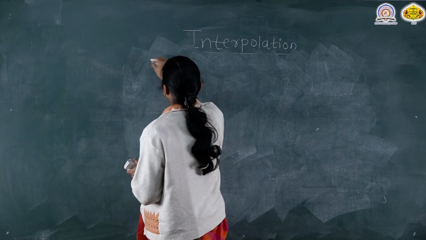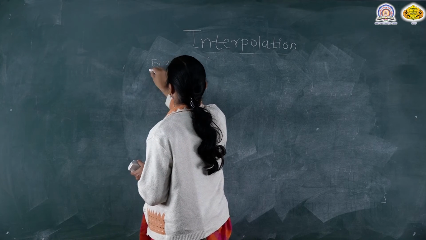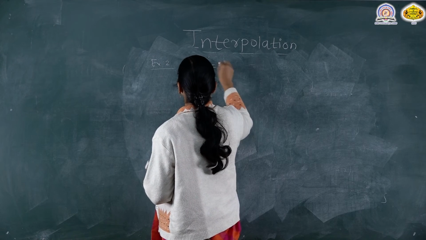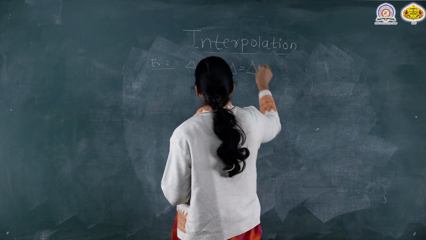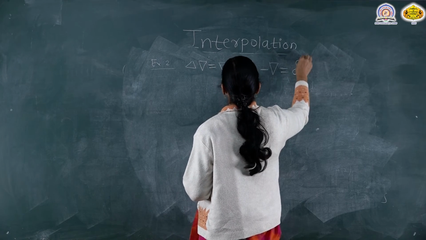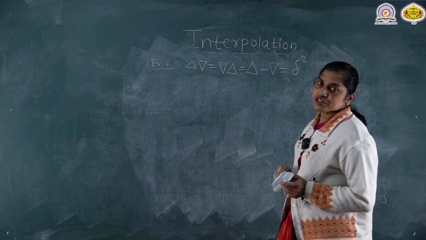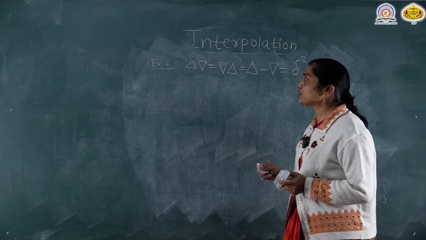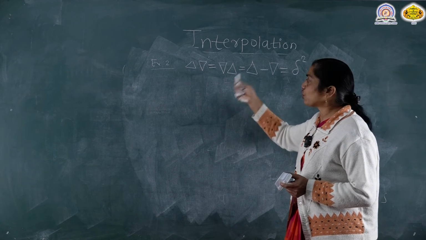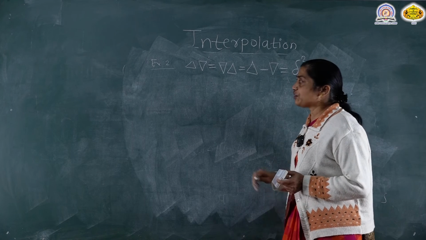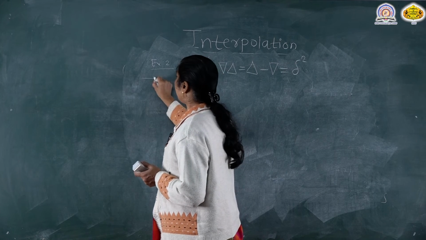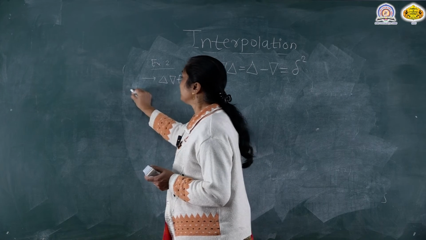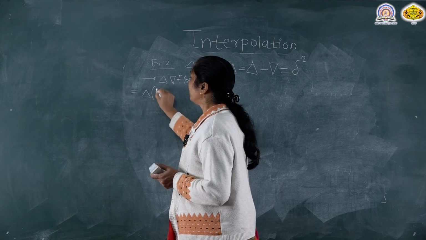We also have delta del is the same as del delta. It is nothing but delta minus del, and it is equal to the central difference operator square, that is delta square. So this is also one of the important relations which gives the relation between the forward, backward and central difference operators. So see what is delta del. If you consider delta del of fx, it is nothing but delta of del fx.